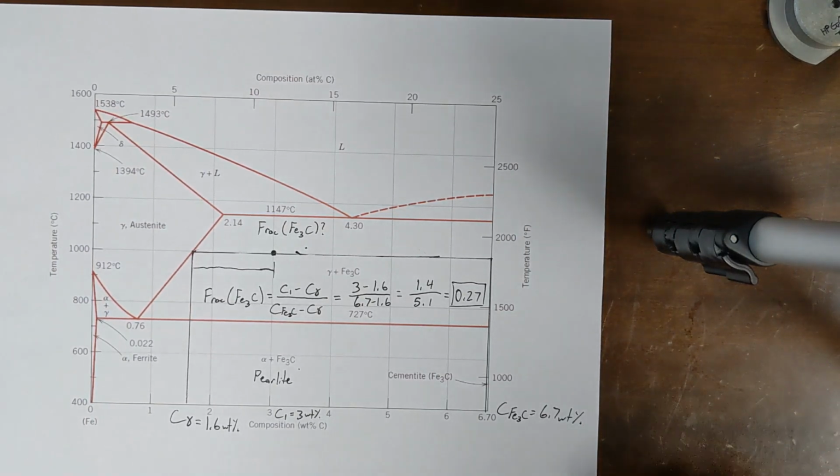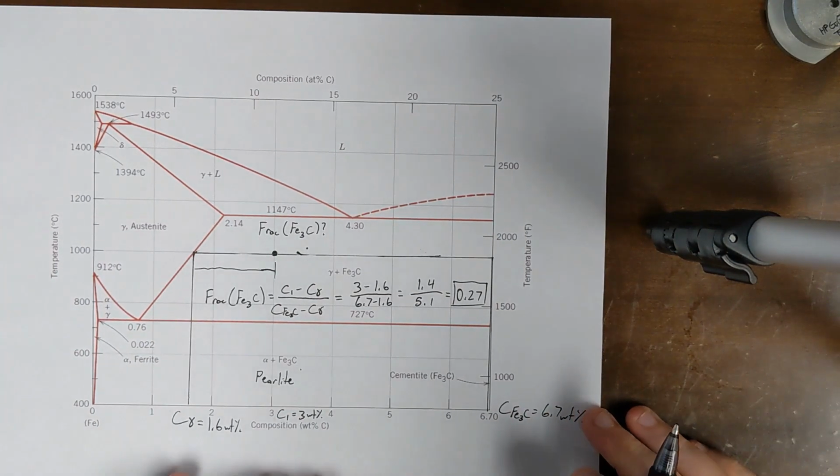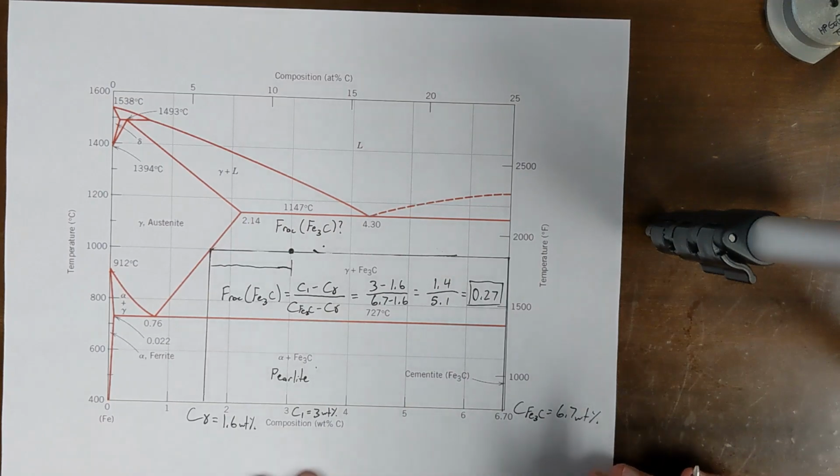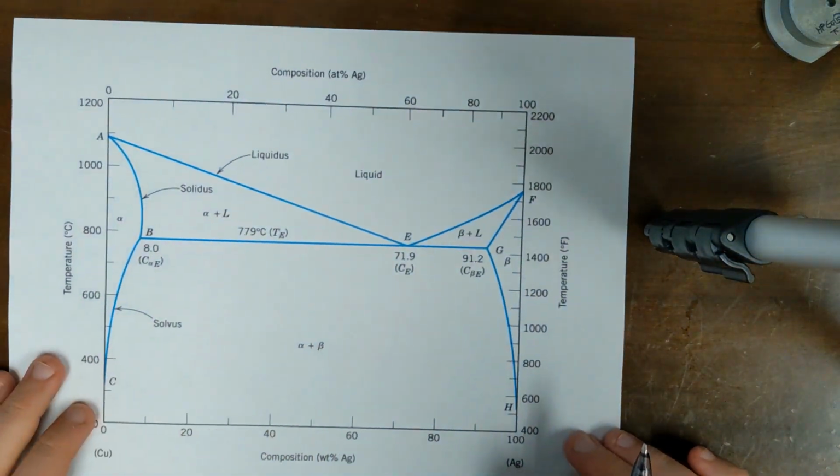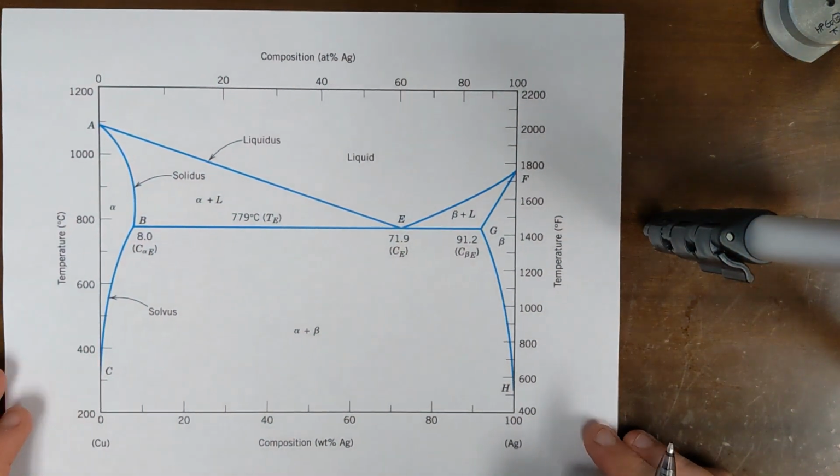Okay, so that's basic lever rules, right? You can do it for basically any two-phase region. It's quite handy and quite fast. It's not too hard. One more special case that was brought up that I would like to mention is you can also do lever rule for special microconstituents. So if we go back to the